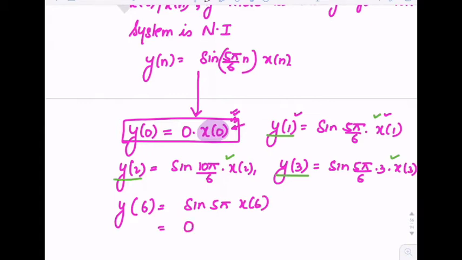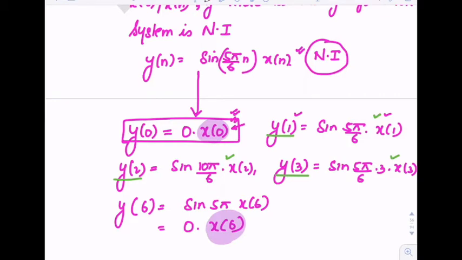So again it is 0 times x[6]. So the information of x[6] is lost, and no other term of output will have the information of x[6]. Okay, only y[6] can have the information of x[6], and y[6] is 0. So x[0] information, x[12] information, all this will be lost,